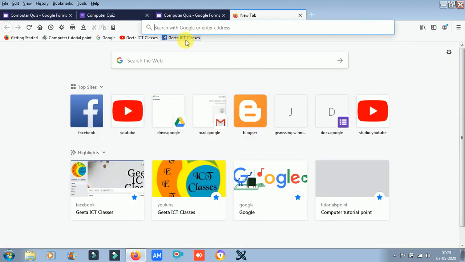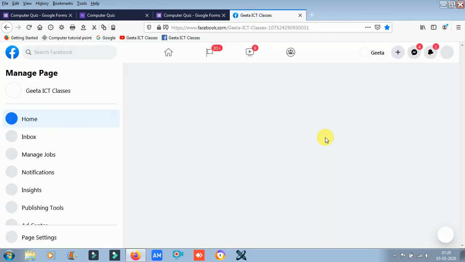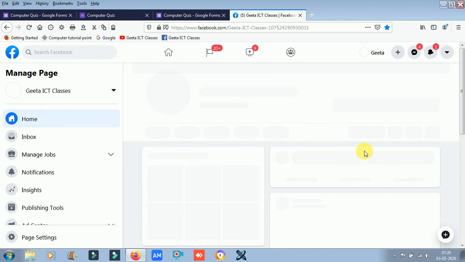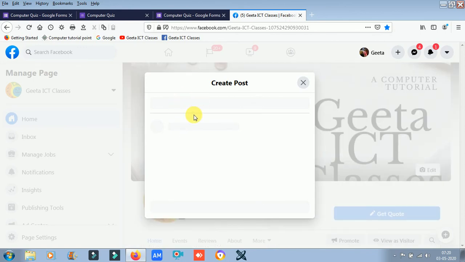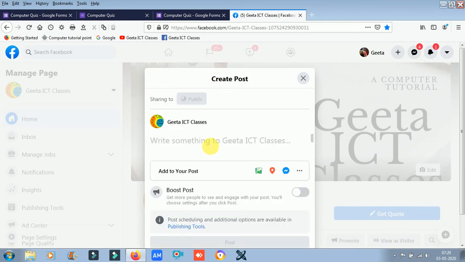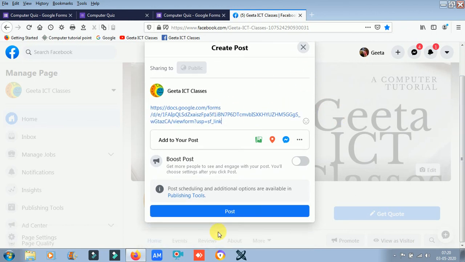See, I'm sharing here. Create a post. So control V, then you can paste this link here and you can post anywhere.